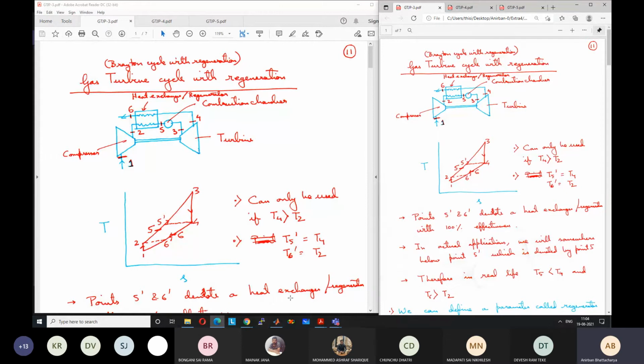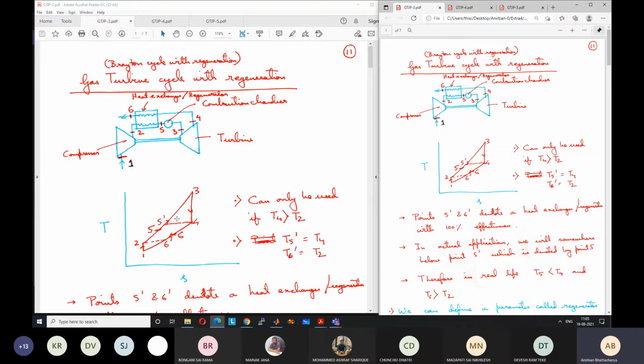In the previous class, we had started discussing thermodynamic cycles for gas turbines, and we started with the simplest case, which is the simple Brayton cycle. We have taken certain assumptions to study it: we did not consider the combustion products, only air was considered, and isentropic expansion and compression processes were considered. Then there were no losses, and constant Cp and Cv values.